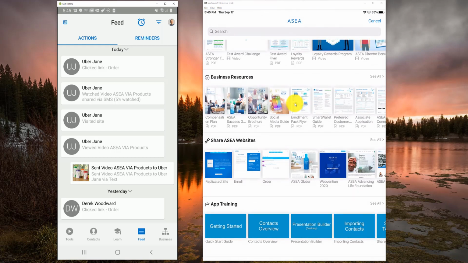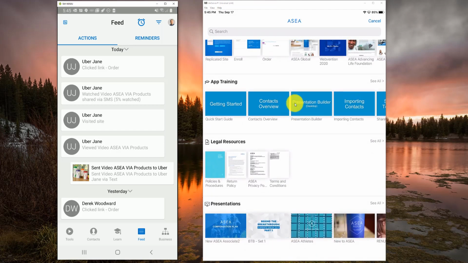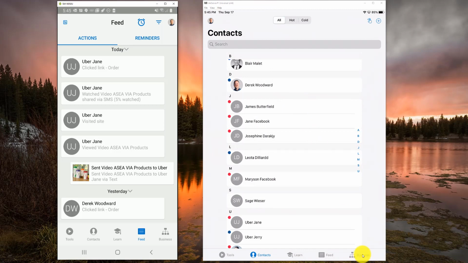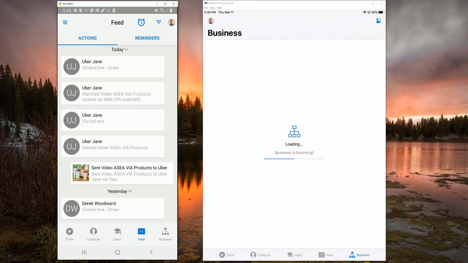So this last section, I know I've been going a little long here. I want to show you just real fast our business section. Now you're going to get a nice little sneak peek on the business section real fast. Let me get back here to my home page. As I click on business, you can see that I have